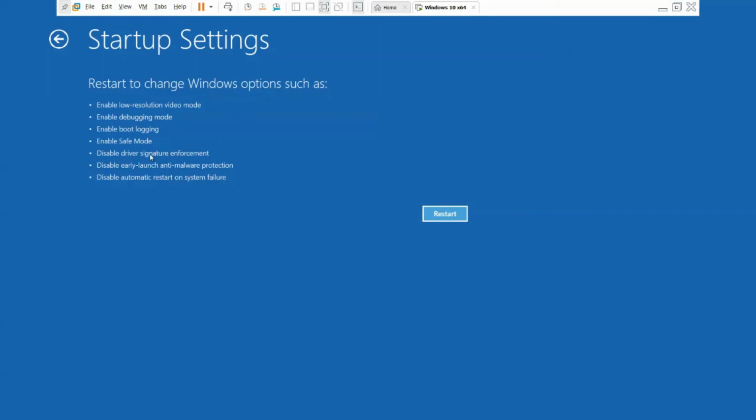So whatever key this window asks to press on the keyboard, we'll press that, and after that our Windows driver signature enforcement option will be disabled. So when it is disabled, we can easily install our USBasp drivers. So I'm clicking on restart. My Windows 10 or Windows 8 is being restarted.